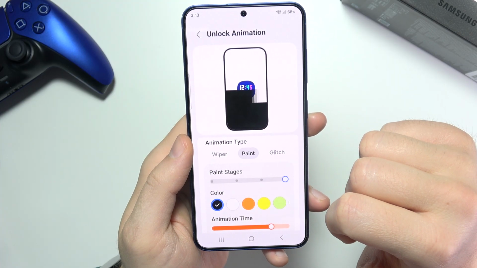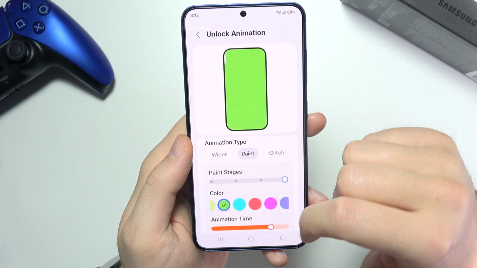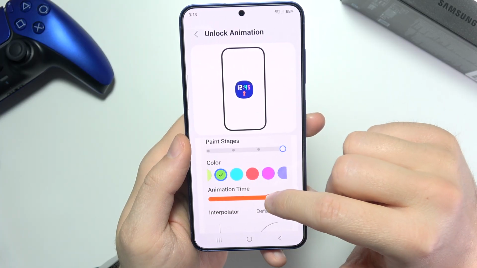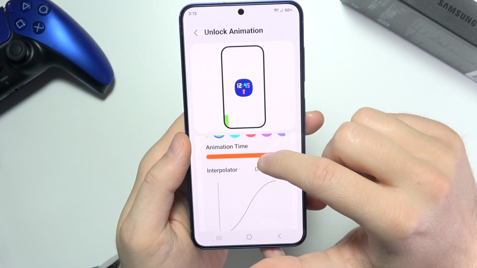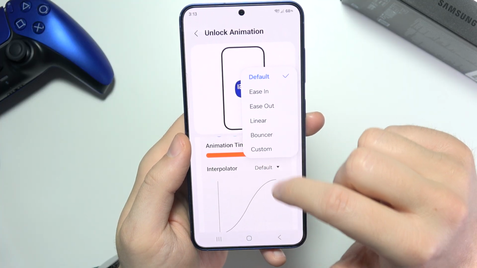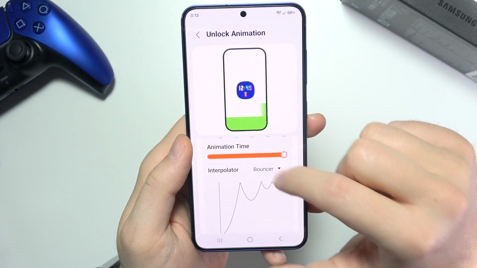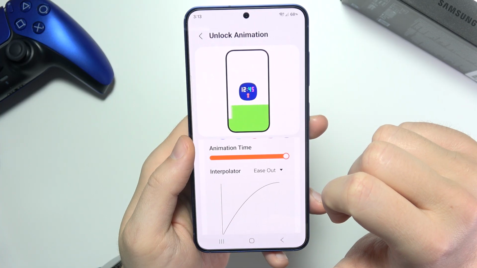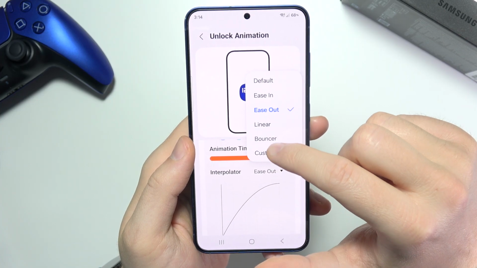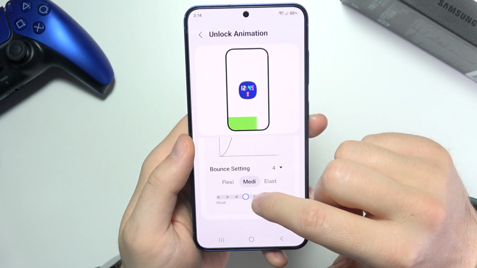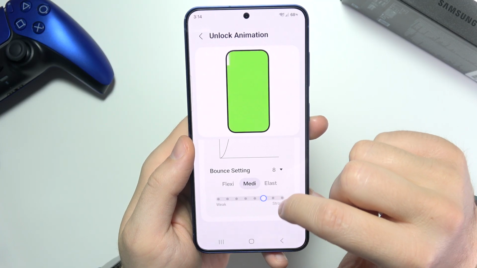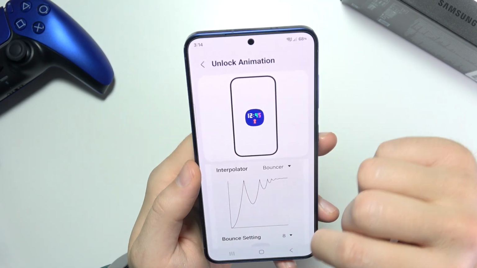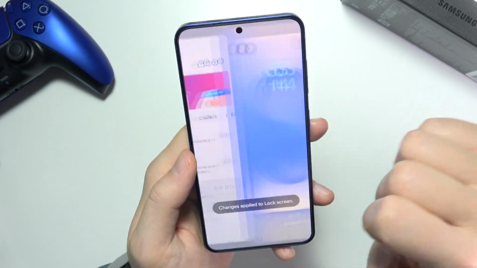You can even customize a single one, and you can even change the color of the unlock animation, the unlock time, for example like this, and the interpolator, so you can get default, bounce or ease out. The bounce looks pretty cool actually for this specific one. You can also pick the bounce settings. There we go. And now once you actually make a change, you have to go back and click done, and